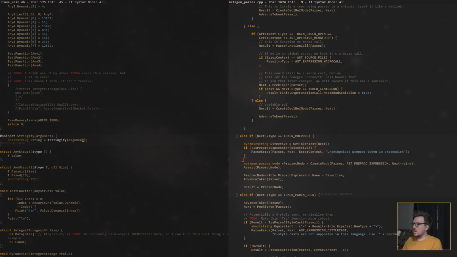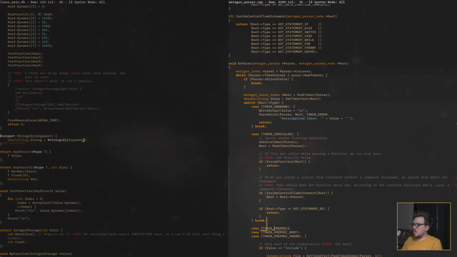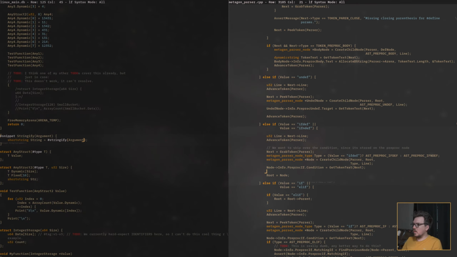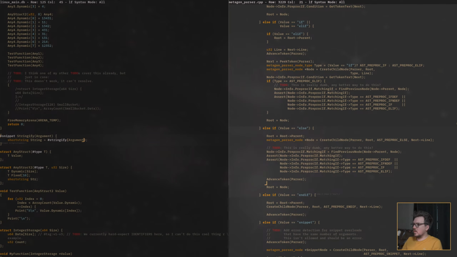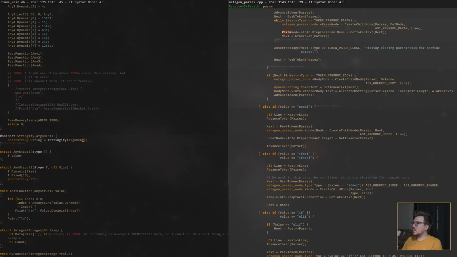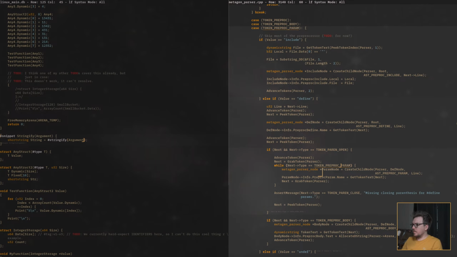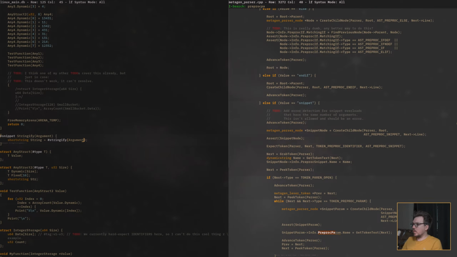So, stringify. Let's go back to the parser and preproc. Do parse. If token is preproc, include, define, undefine, if not defined, if, else. Do I have params? Okay, I don't have a good way to just go through those.